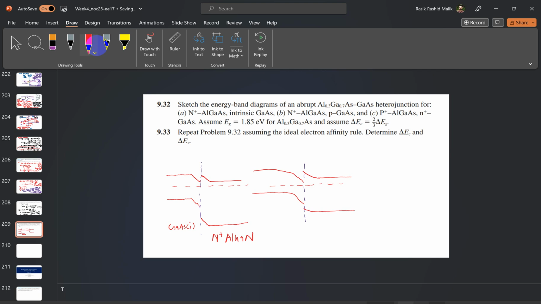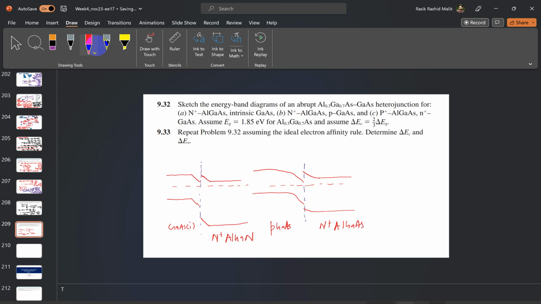So this is the case of very highly doped P positive, this is P gallium arsenide, and this is N positive aluminum gallium arsenide. And then there will be the third case where we will have the P positive aluminum gallium arsenide and the N positive